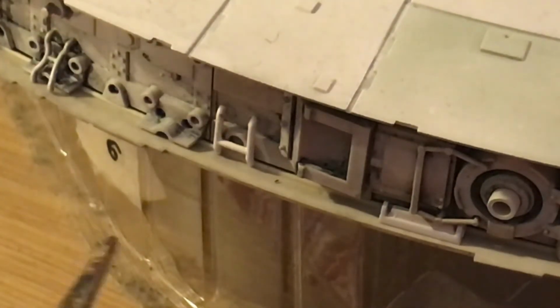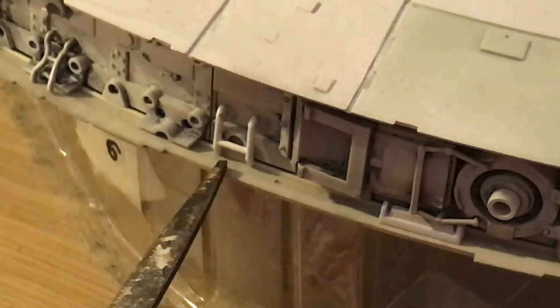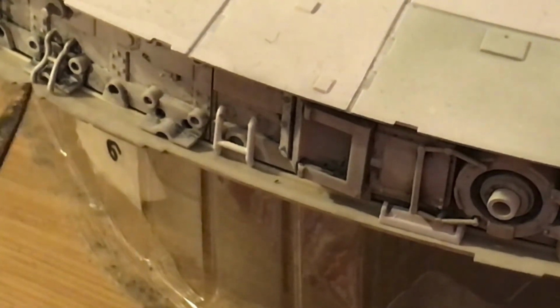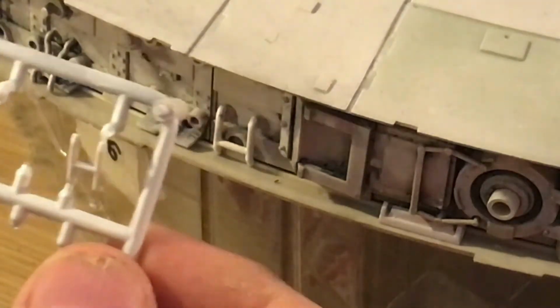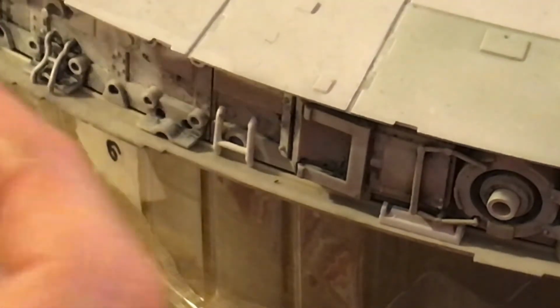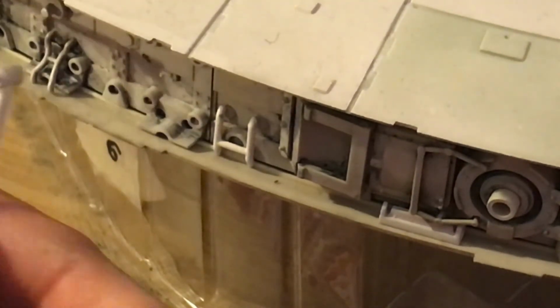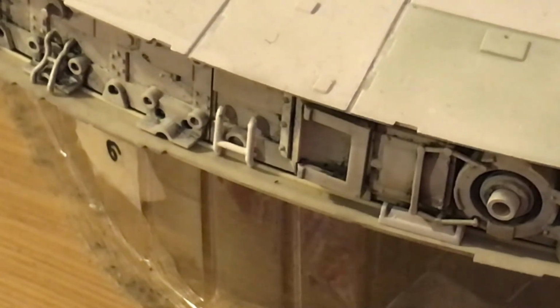So I forgot to press record like an idiot. So I've just glued this last piece on, and there was another replacement part for this part on the sprue, but I personally think the one we've already got on there is good enough. So it's just a case of gluing that part on, and obviously going to weather all the new parts up. But yeah,